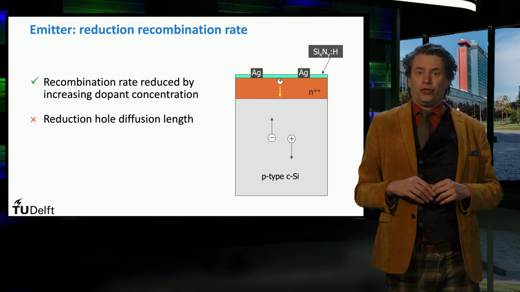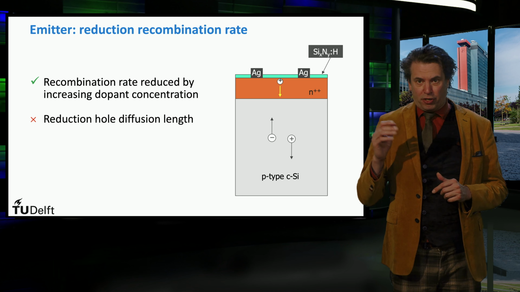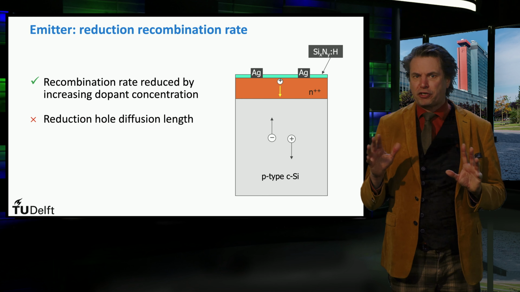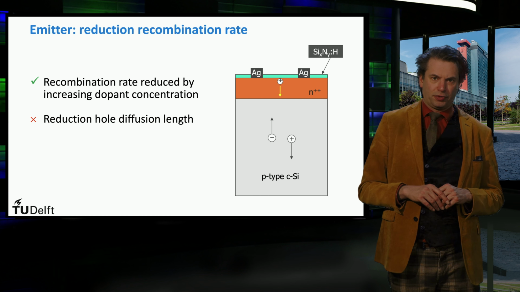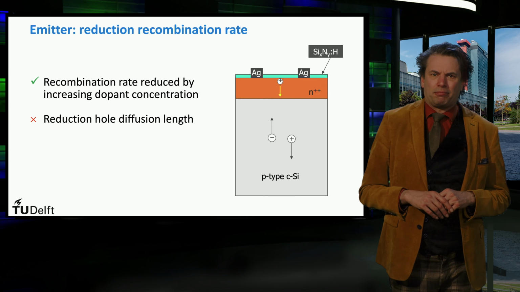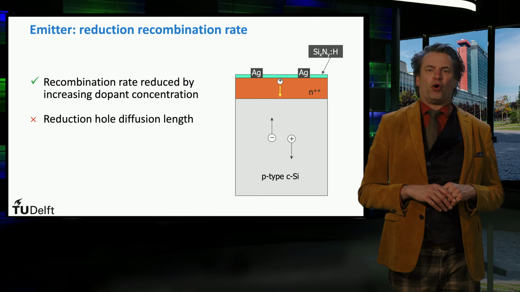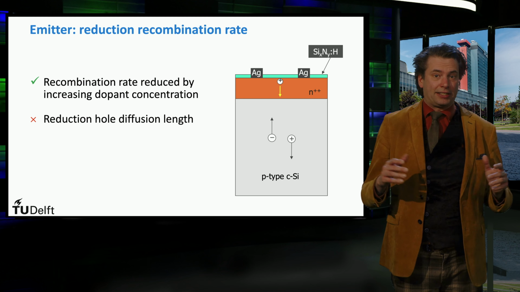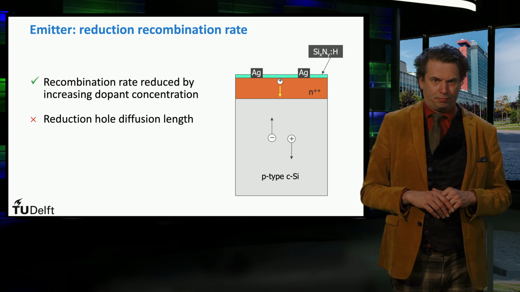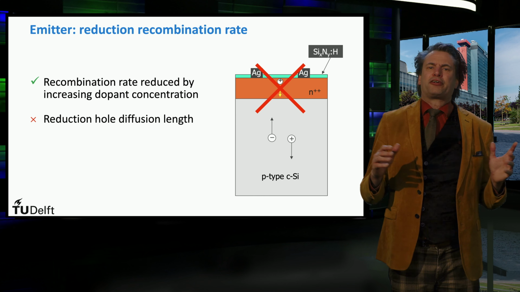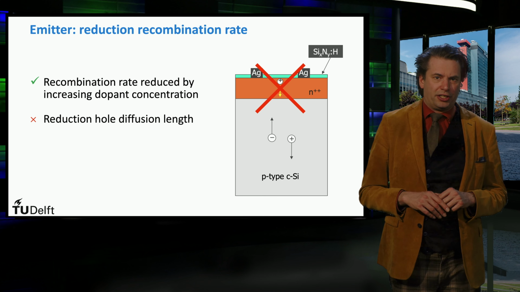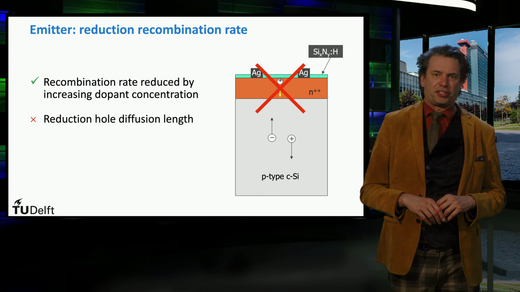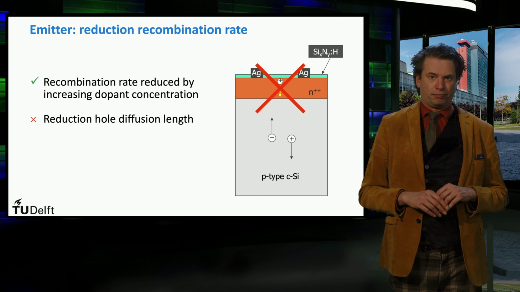In this case, the hole indicated by the white circle with a plus sign. Note that many charge carriers are generated by the bluish photon close to the surface. To utilize these light-excited minority charge carriers, the diffusion length of the holes has to be large enough to reach the depletion zone at the p-n junction, as indicated by the blue arrow. Increasing doping levels decrease the diffusion length of the minority holes in the emitter layer. The diffusion length can become so small that the minority charge carriers are unable to reach the p-n junction.